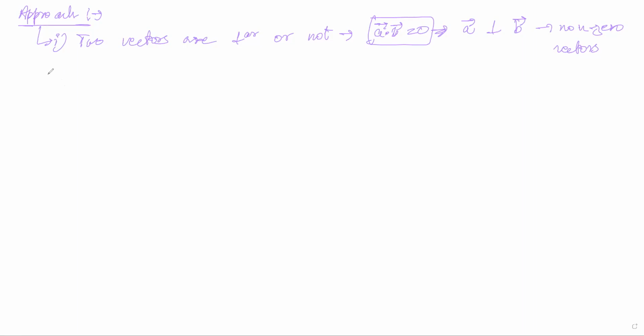One is modulus of A, so this is a scalar quantity, into B vector, this is a vector quantity, plus mod B into A vector, is perpendicular to